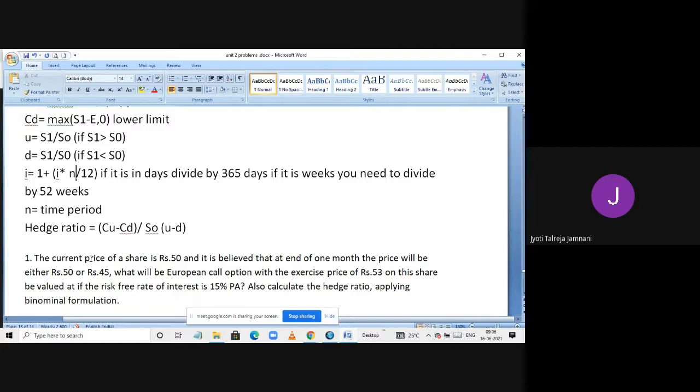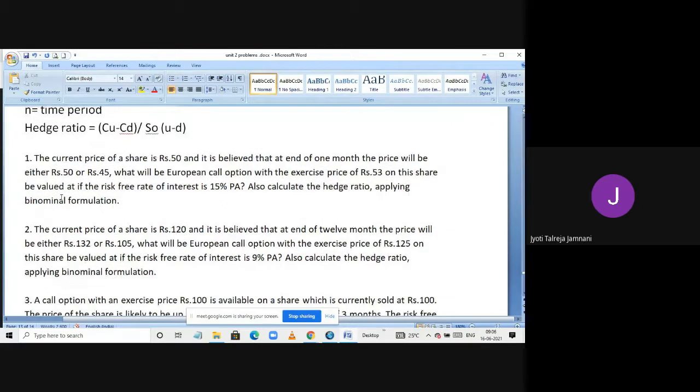Usually when we solve for hedge ratio, we are not finding what percentage of a portfolio, but we are actually finding the risk level or the standard deviation level. So how much is the risk that a person is carrying? This I will explain again in theory. Here just understand the formula. Let's do the first sum so you will understand what I'm trying to say.